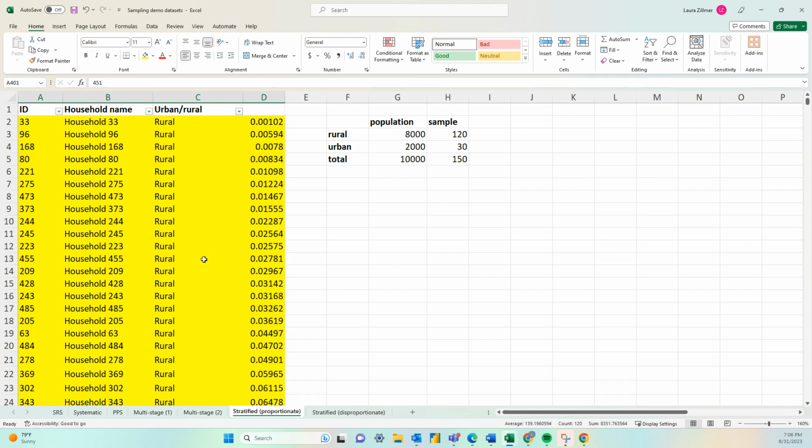Something to note about the method of proportionate stratified sampling is that we could have achieved the same result using simple random sampling or systematic random sampling if we first sorted the units by urban versus rural. Both of these methods will produce a proportionate sample equal to the same distribution of the population. As such, the main reason we'll generally use stratified sampling is to draw equal samples from each of our strata, as we'll see in the next example.